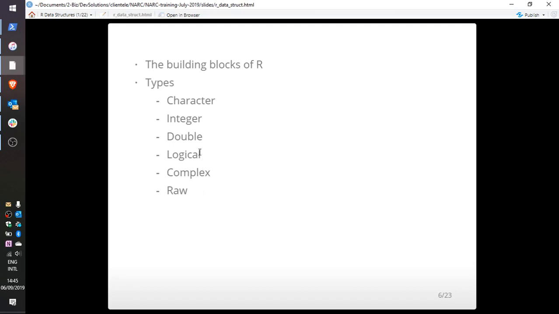Of these, we're only going to talk about these four. These two here are not important for us to know now. In fact, you may never use them. But these four you will use all the time if you're using R. So a character vector is simply, if you remember what we discussed in the previous classes, we talked about strings, right? So character vectors are made up of strings,